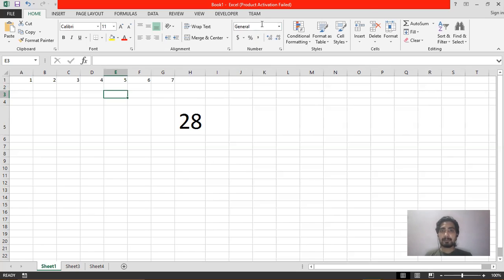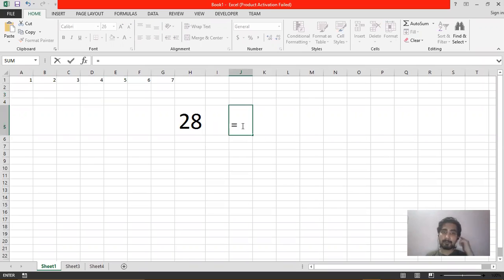So let's move further and go to our third topic of today, that is doing calculation. So we can do multiple different types of calculations in MS Excel worksheet. For that, either you can create your own formula, like by writing equal to. Now, suppose if you want to add two cells, then you can provide the name of that cell with the plus symbol, and that will be added.